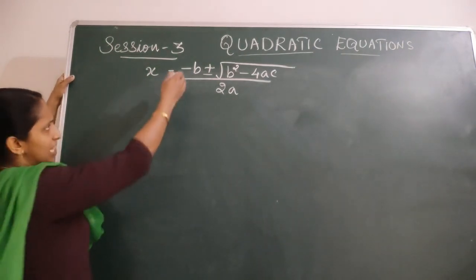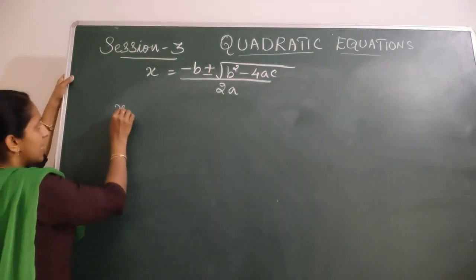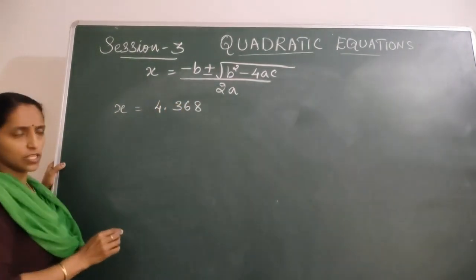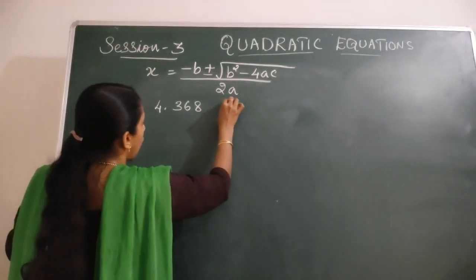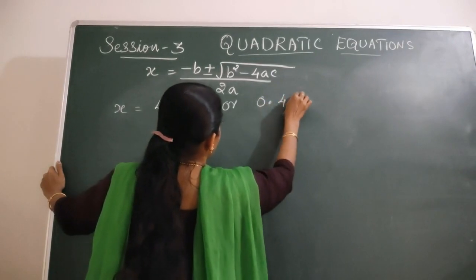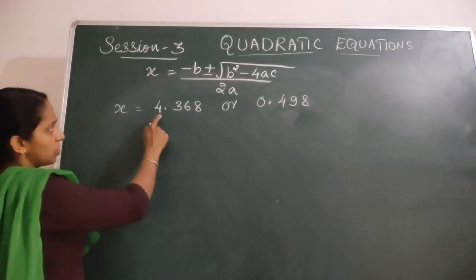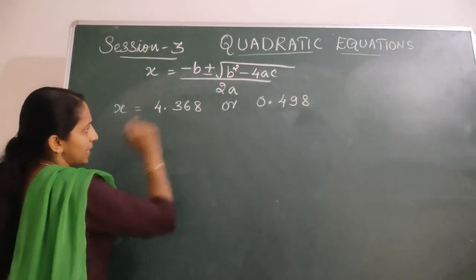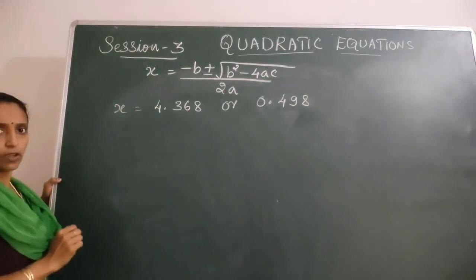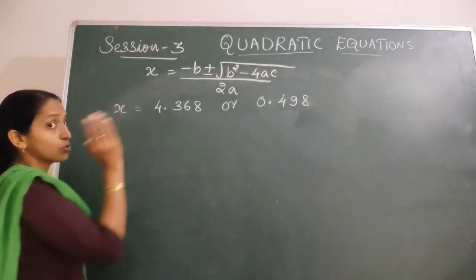That means after solving all this, after reaching the final value, suppose you are getting x equal to 4.368, or the other value of x is 0.498. Two values you are getting. X is equal to 4.368 or 0.498. Okay. Suppose the question asks you to correct it to two decimal